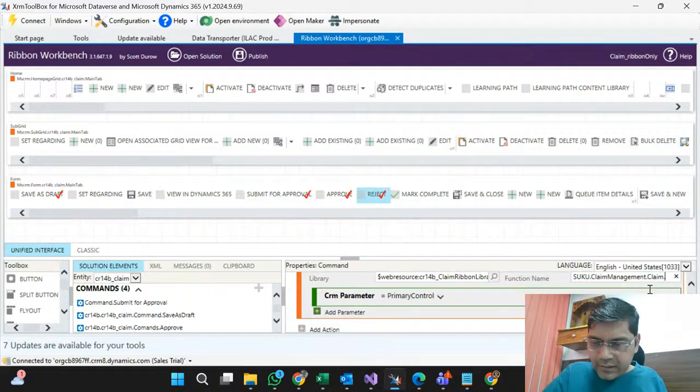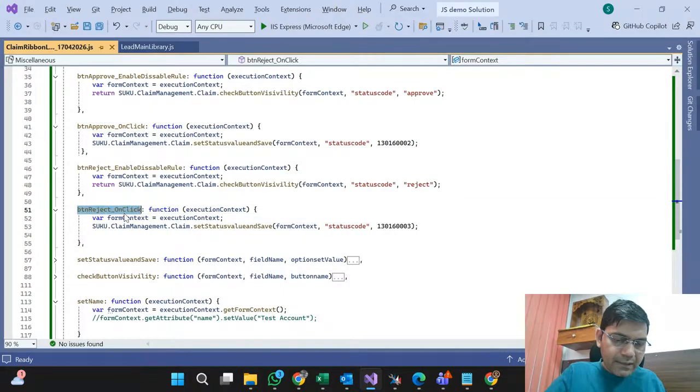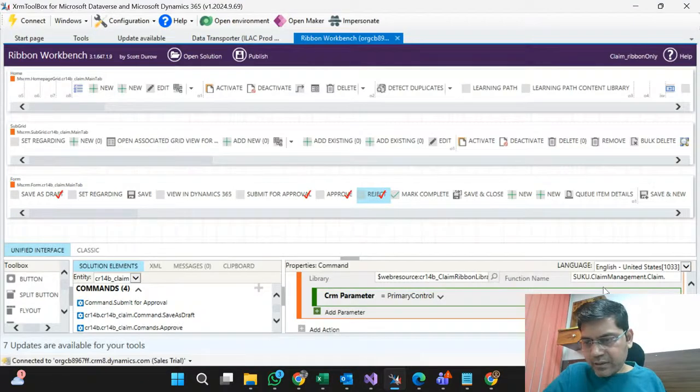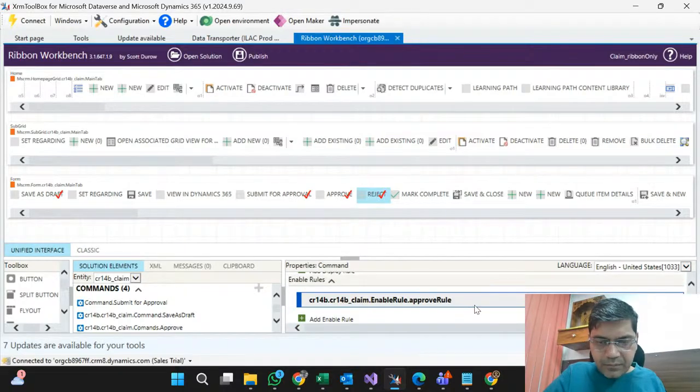So let's, I can change it directly, but let's try to use copy paste so that we can avoid any silly mistake. Here in the display rule we have to change it, because this is related to, if here we